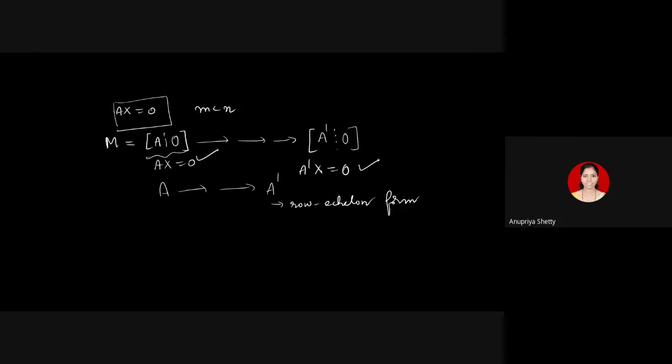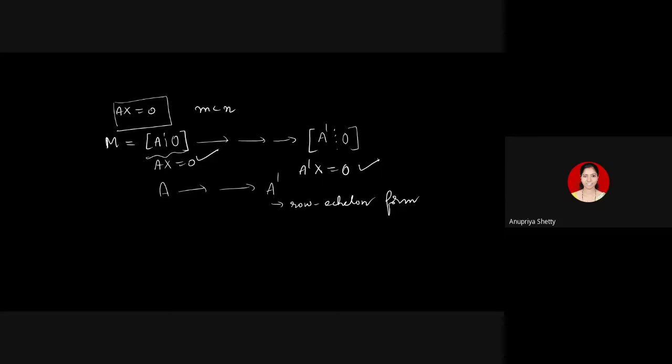What is a row echelon form? You will have every row having its first non-zero entry as 1. If there are only zeros, you just see that the 0 rows are all below. Because if one row is 0, in the row echelon form, all the rows below that are zeros. So in between the matrix, if you find any 0 row, you just interchange with the last row and bring that 0 row to the last position. That's all.